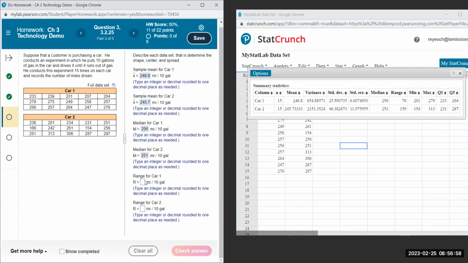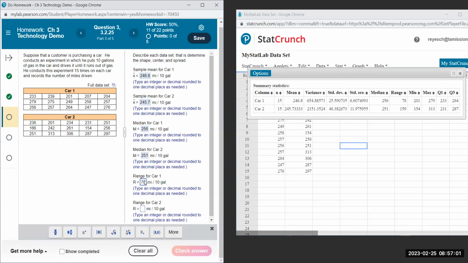So the range is 78 for car 1, 159 for car 2. Now there, it's a big difference. So we have to think, okay, what is range describing? Range is the difference between the lowest and the highest value, like the overall spread. Like, the difference between the least amount of miles driven and the most miles driven for car 1 was